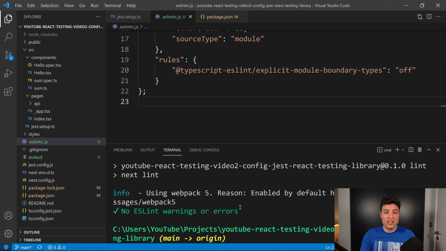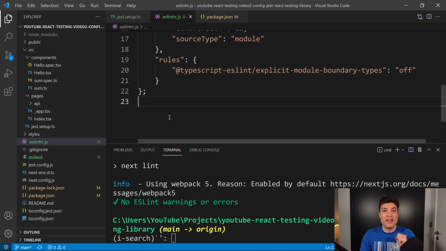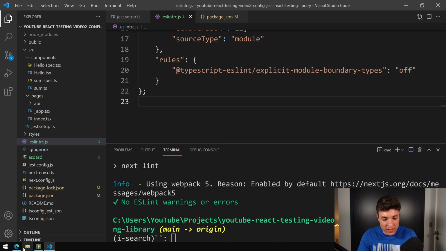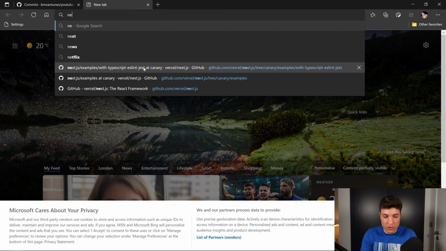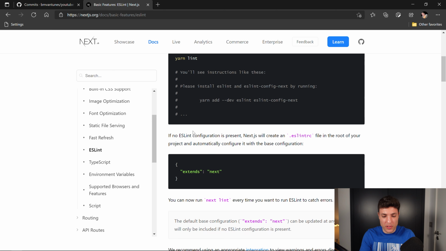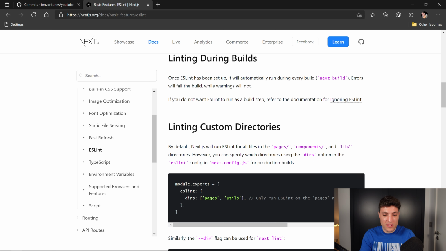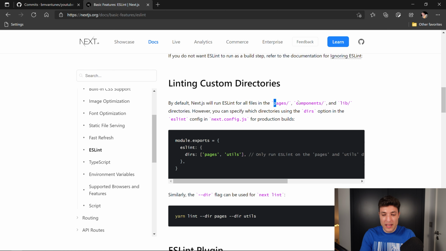so to just double check that, I need to go to the Next.js application and add a specific dir, because the default applications that Next.js is looking at, so let me just show you, next lint is only looking at a few folders. And if I'm not mistaken, the folders they are looking for will be the pages, the components, and the lib. In my case, I want to look at the source. So I will need to pass this dir